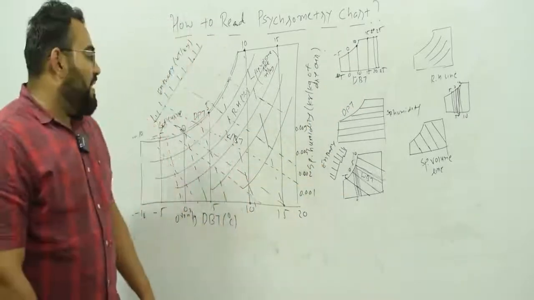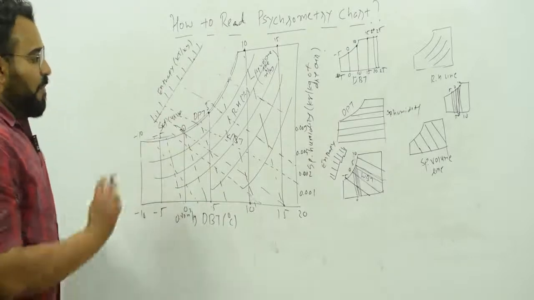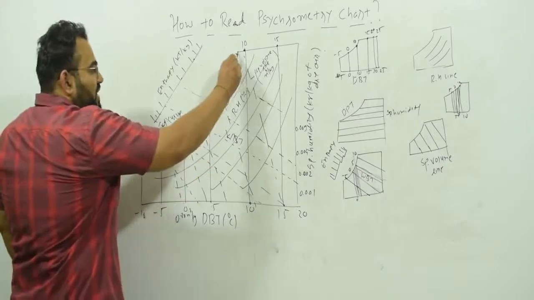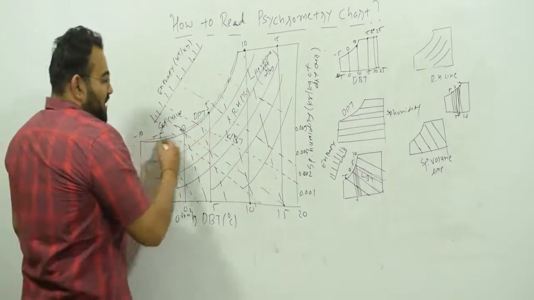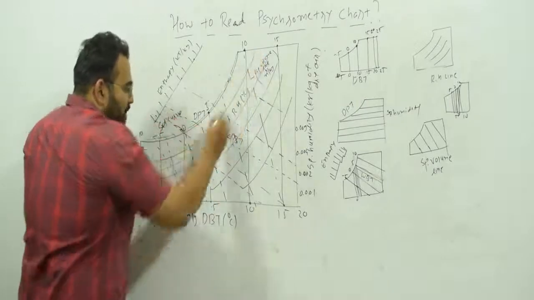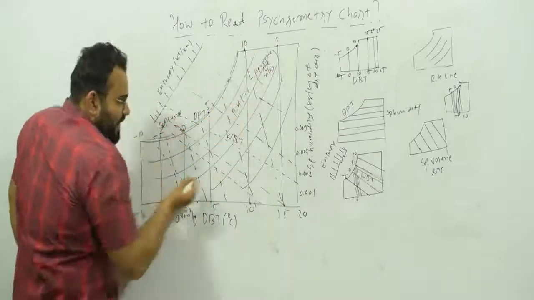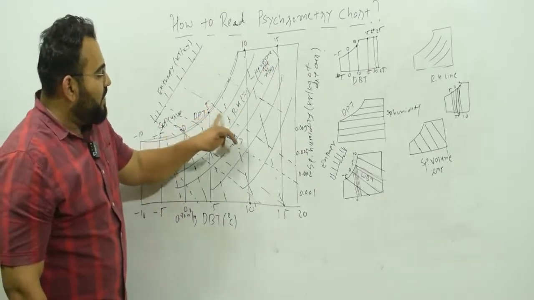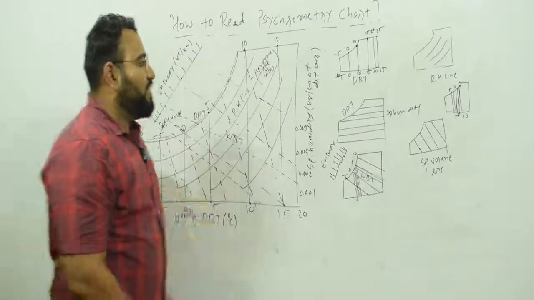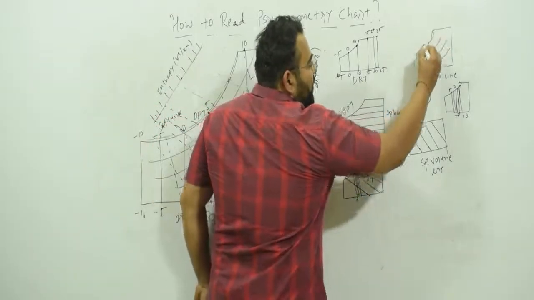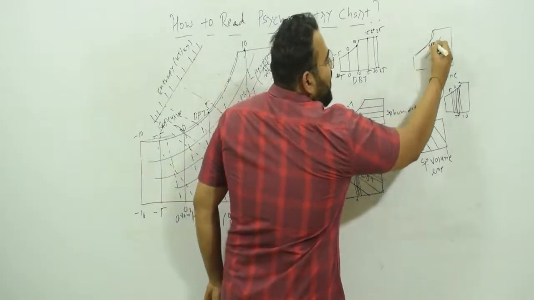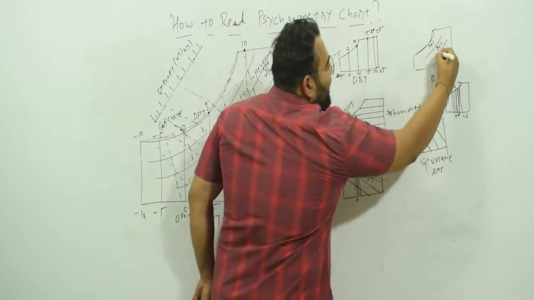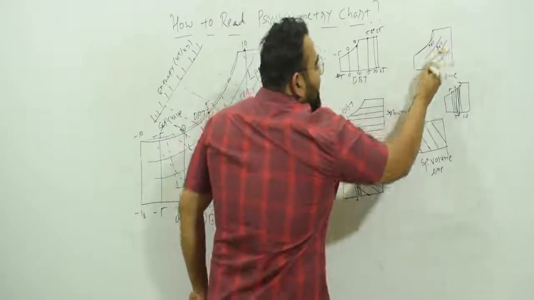Now let's see the specific humidity. But before we see specific humidity, first let's see the relative humidity line. I already told you this curve is known as the saturation curve. It's 100%. Now you will have this kind of parallel curve like this. It shows the relative humidity line. If this is 100%, then this is 80%, 70%, 60%, 50%, something like this. This is the saturation curve, so it is 100%. So you will have 90%, 80%. The percentage is written over there, 70%.